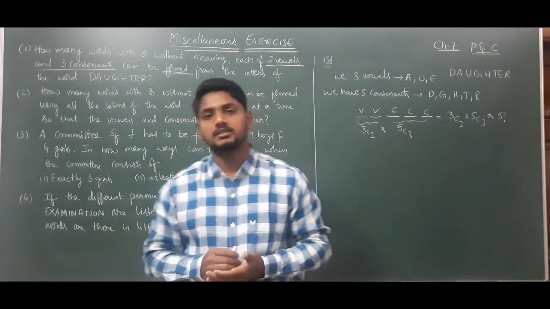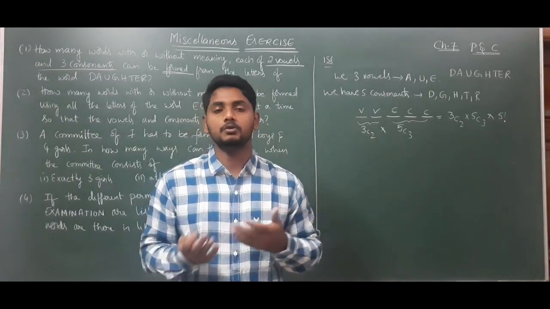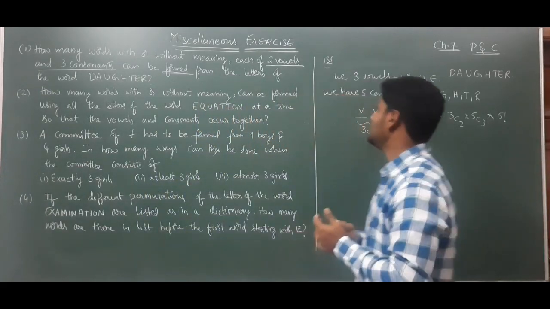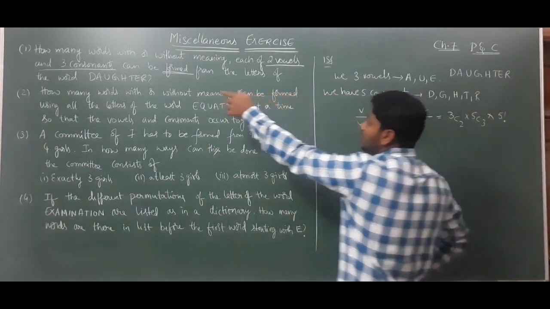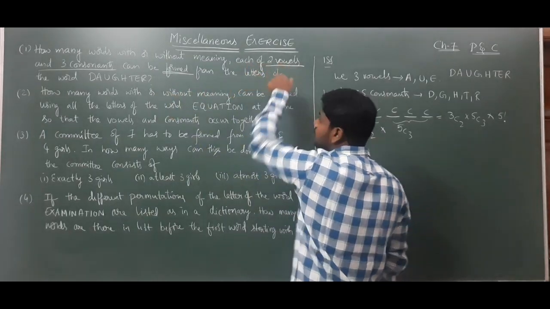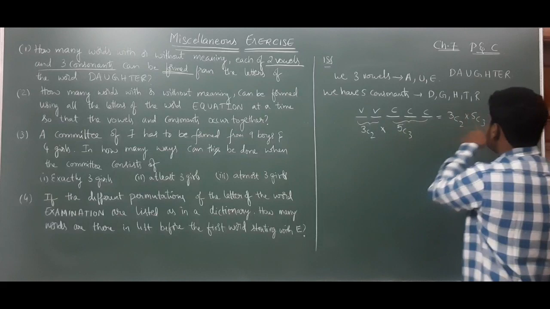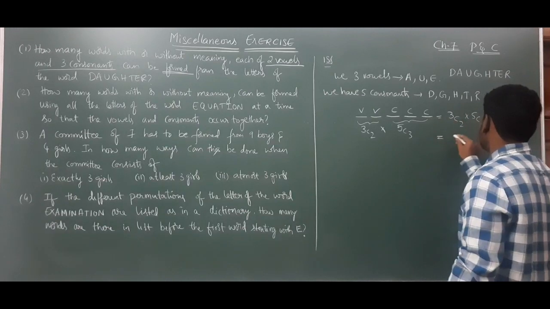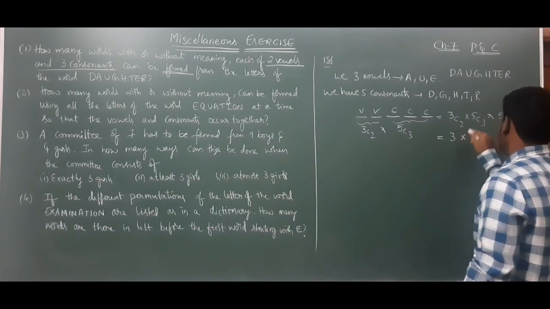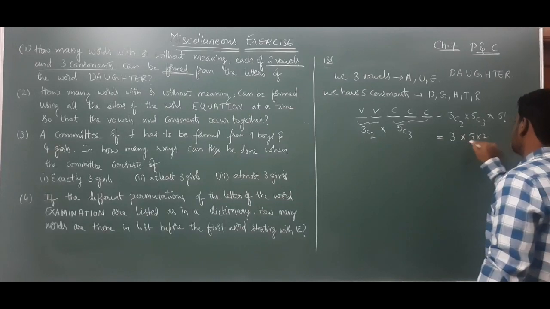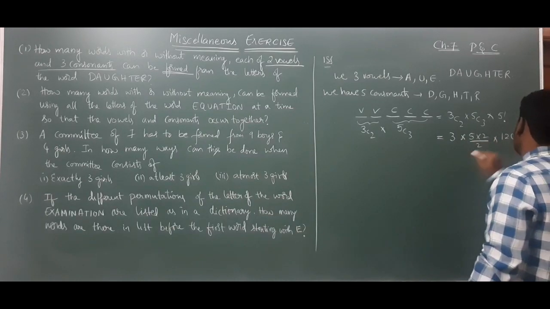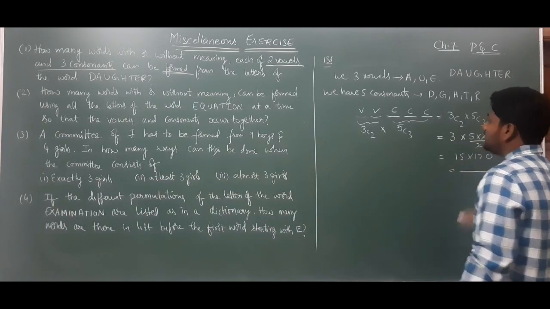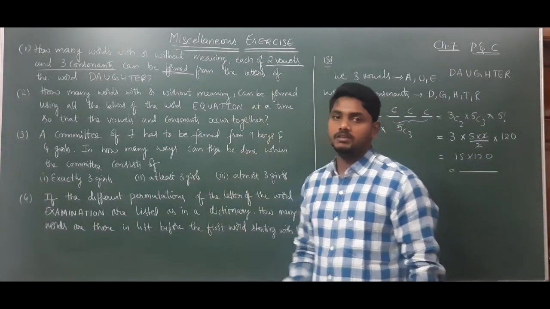In this miscellaneous exercise, the problem related to permutations and combinations, sometimes both will be there, or sometimes only permutations will be there, sometimes combinations also. But this problem is related to both. Why? Because out of this word, we need to select first each of 2 vowels and 3 consonants. After selecting, we need to arrange in 5 factorial ways. So value of 3C2 is also equal to 3C1, which is 3, into 5C3 is also equal to 5C2, so 5 into 4 by 2, into 5 factorial is 120. So 3 into 10 is 30, into 120. Simplify, you will get the number of words we can form by using the word daughter.